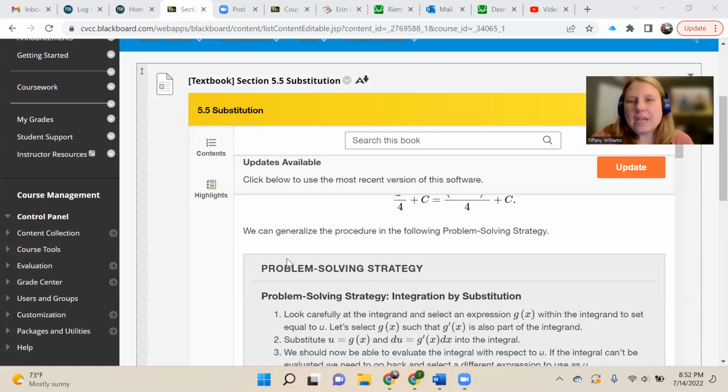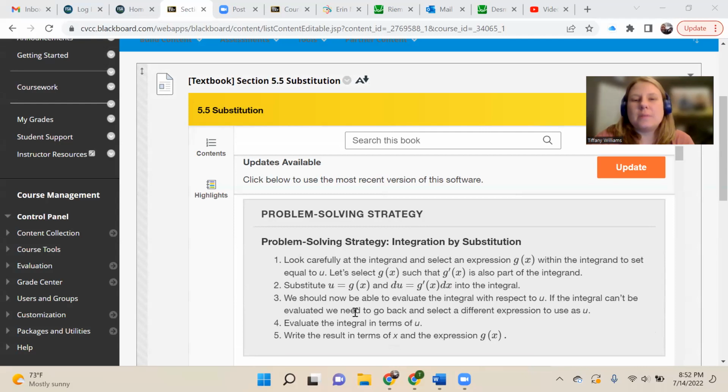Next thing I want to look at is this idea of the problem-solving strategy. So to do integration by substitution, you look carefully at the integrand and select an expression g of x within the integrand to set equal to u. So let's select g of x such that g prime of x is also part of the integrand. And then you're going to substitute u equals g of x and du equals g prime of x dx into the integral. Now, this part where it says where g prime of x is also part of the integrand,